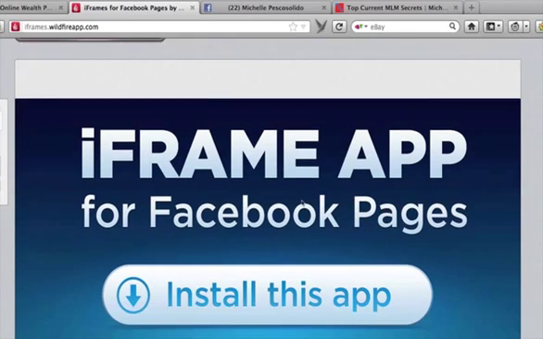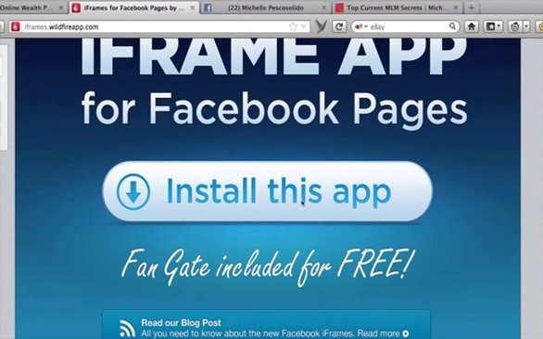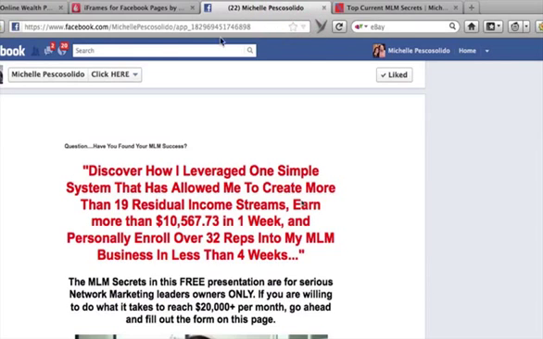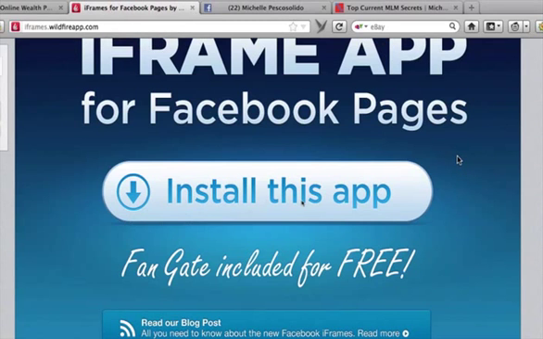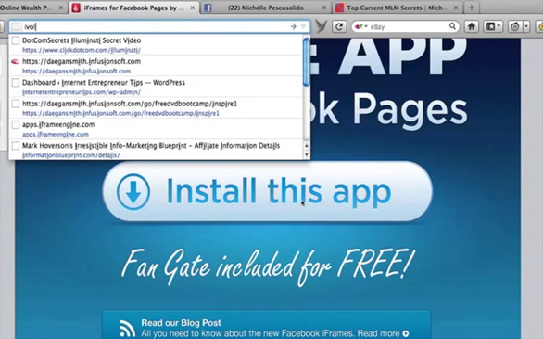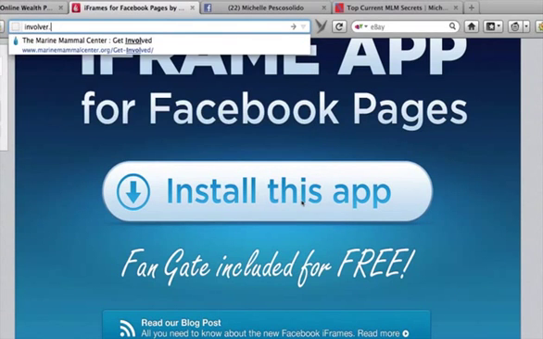Now, there's another one. Before I get into that, I also want to say some of these third-party applications will give you an iframe application like this for free, your very first one for free. It may not give you all the tools that you're looking for, but it can give you something to get started. Sometimes they want you to buy into their product in order to unlock some more features that you can use on your application. But if you're doing a basic one, something like that might work. So let's go over to another third-party application called Involver,